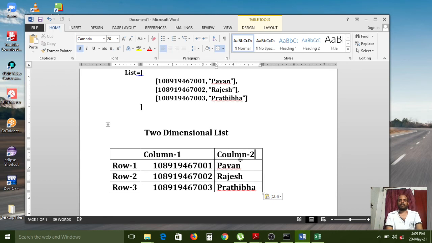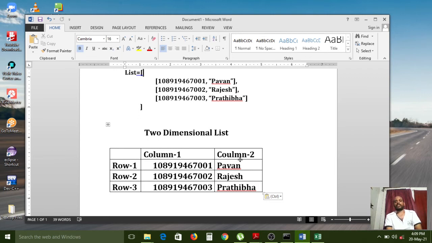Here coming to our topic, the concept name is two-dimensional list. So two-dimensional list creation is like this. This type of syntax we can use while creating the two-dimensional list. In this, key value pairs we have to use like dictionary type objects. In previous classes, in the previous semester, we have already discussed the data types concept. In that, mapping type of objects means how can you access? By using key value pairs. The data can be accessed by key value pairs.